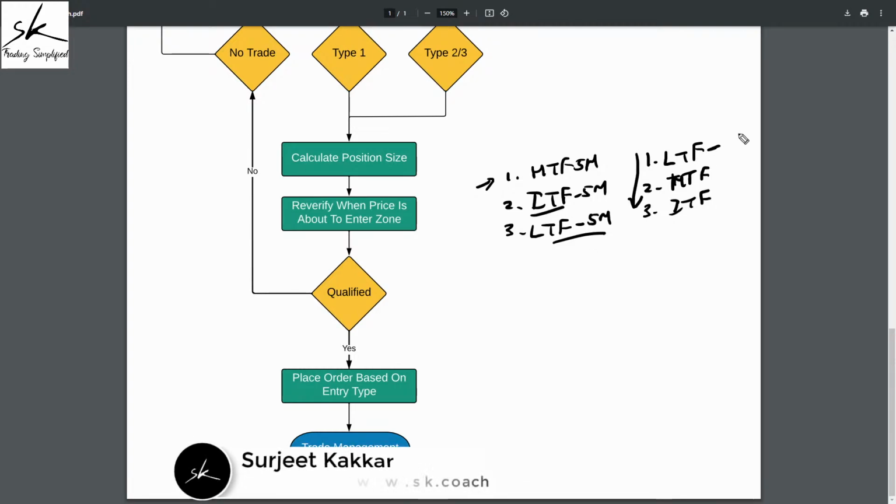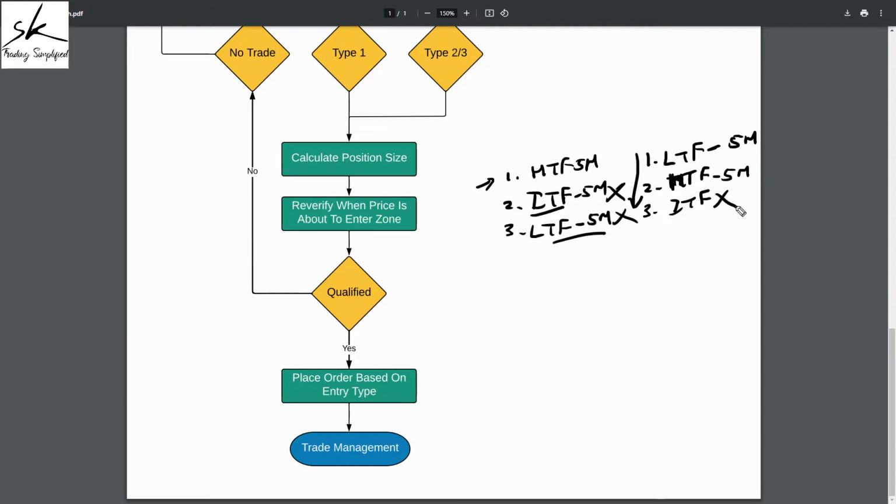Now if I start with the lower time frame as my step number 1, after spending 5 minutes, I get to know that, okay, I don't have a quality area, so I don't have to do my curve analysis, I don't have to do my trend analysis. I've saved myself about 10 minutes. Now, if I find a quality area and then I go to the higher time frame and I see that I am at the best location, so I don't even have to do my trend analysis now. So this is just a more efficient, faster way of doing it,